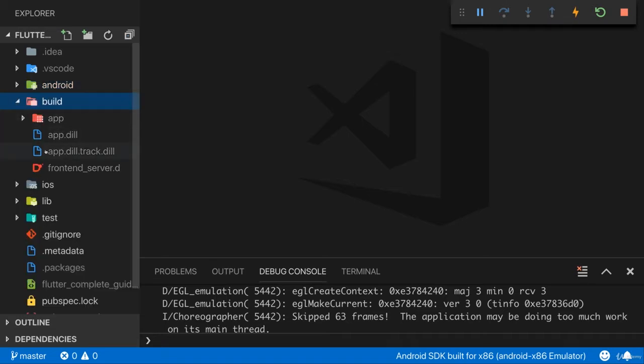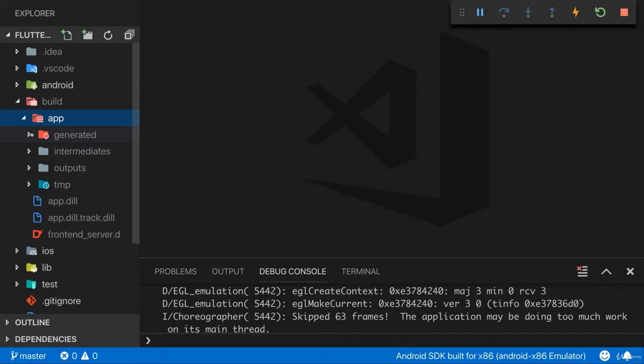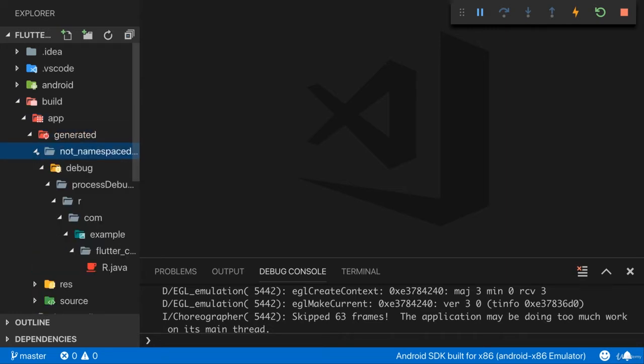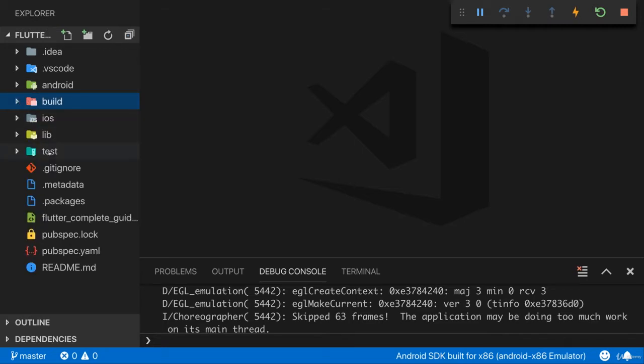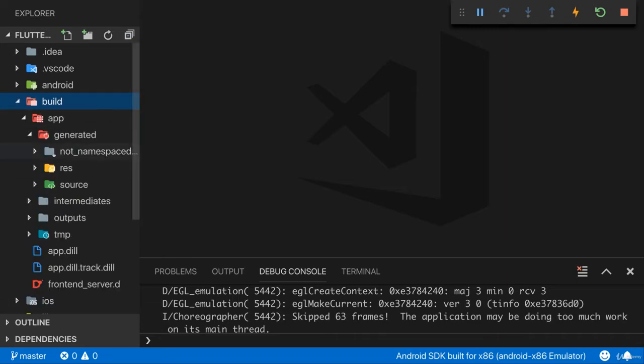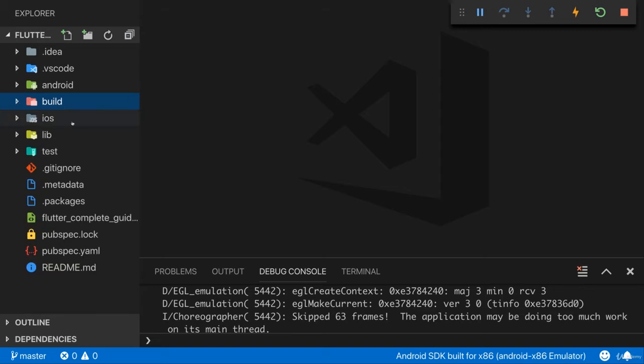The build folder is also very important. In the end, this holds the output of your Flutter application. In this case here also some Android or Java files. And this folder is generated and managed by the Flutter SDK. You shouldn't change anything in there. That will all be done automatically by the Flutter SDK when you are developing or when you are building your app for deployment, which we will do at the end of the course. And therefore this is also a passive folder. So thus far, no folder in which we would work.